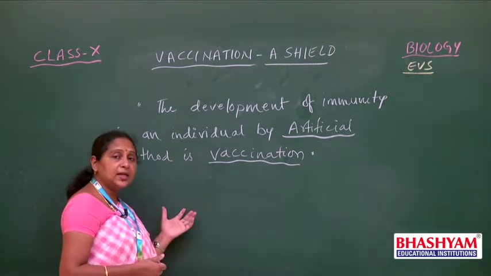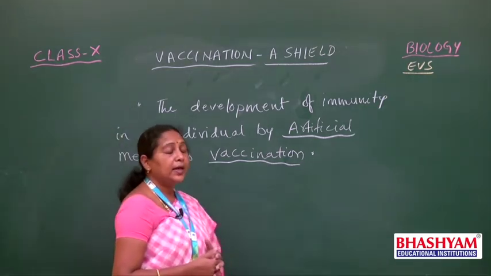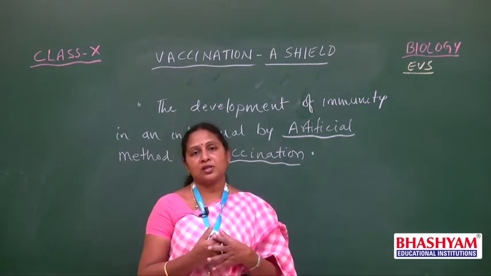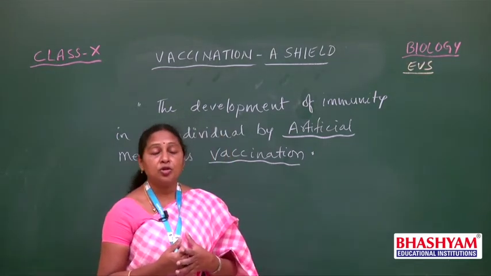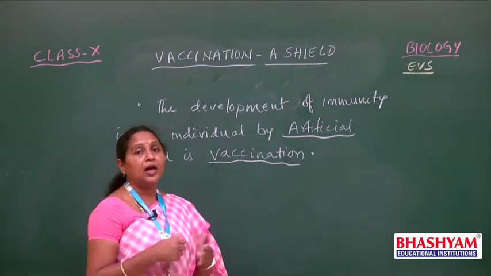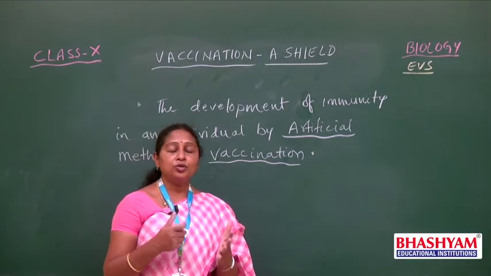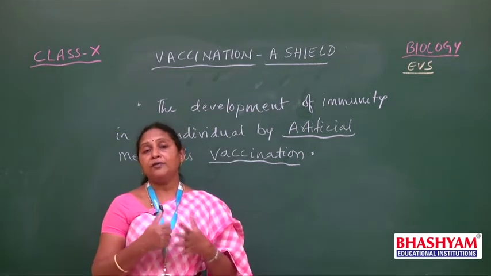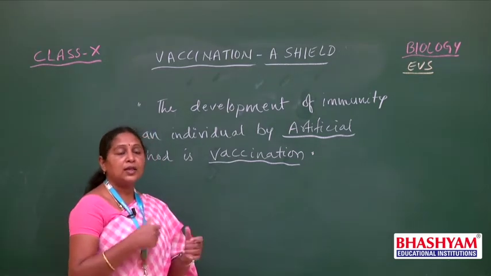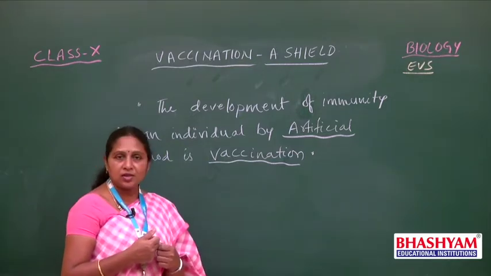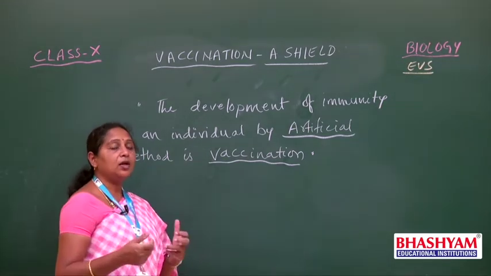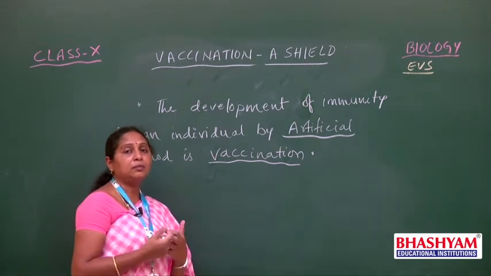There is one reason behind this vaccination. In earlier days, a number of people died due to diseases like diphtheria, polio, and smallpox. During such time, the doctors and scientists did not know what these diseases were, how they were caused in the children's body, and what type of treatment should be given to the child. So, due to lack of knowledge and lack of resources, a number of people died. But scientists came forward, they studied the disease-causing germs, and a number of treatments were given by the scientists. Among all of these in the medicinal world, one of the best